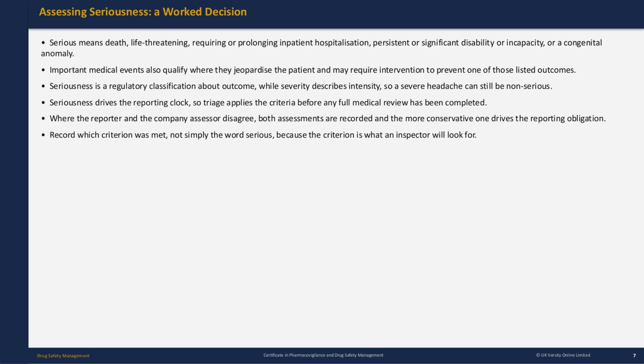Assessing seriousness, a worked decision. Serious means death, life-threatening, requiring or prolonging inpatient hospitalization, persistent or significant disability or incapacity, or a congenital anomaly. Important medical events also qualify where they jeopardize the patient and may require intervention to prevent one of those listed outcomes. Seriousness is a regulatory classification about outcome, while severity describes intensity, so a severe headache can still be non-serious. Seriousness drives the reporting clock, so triage applies the criteria before any full medical review has been